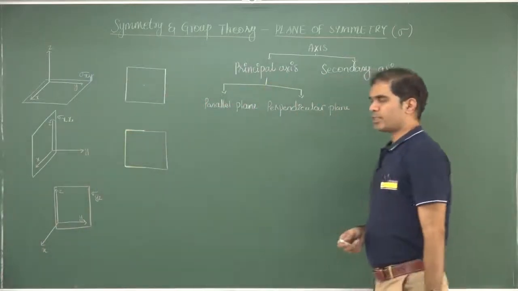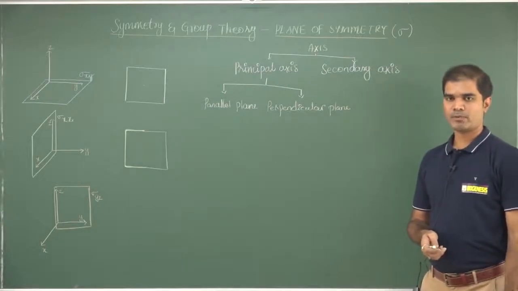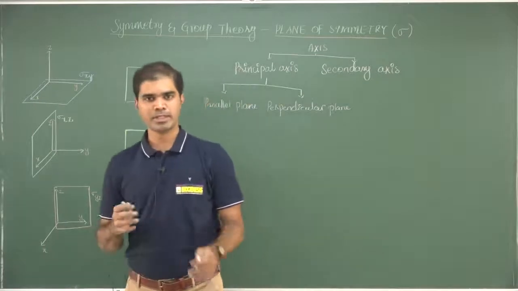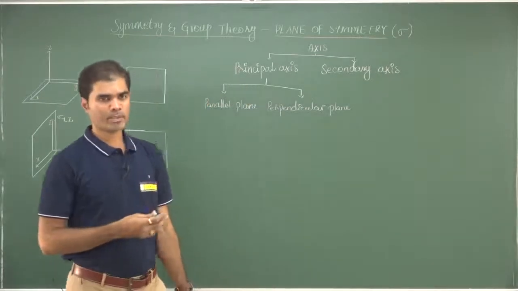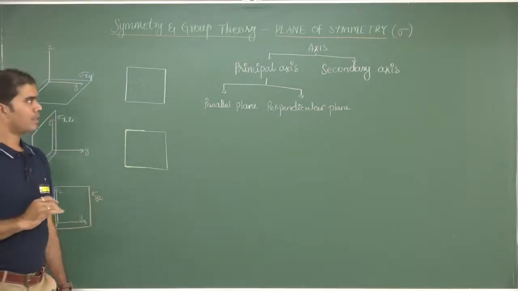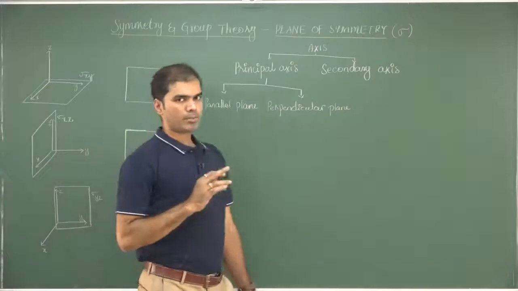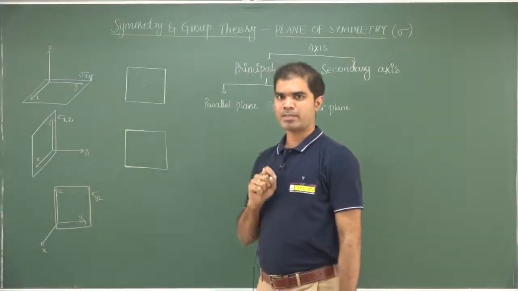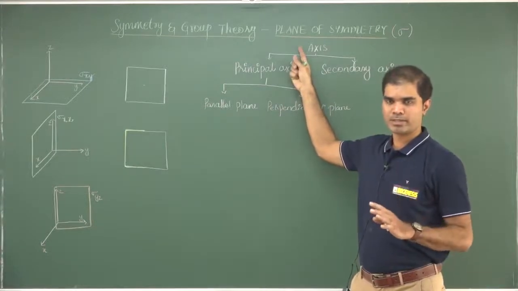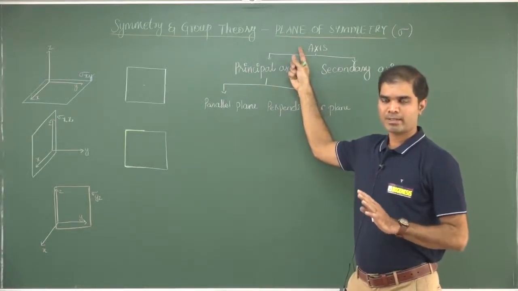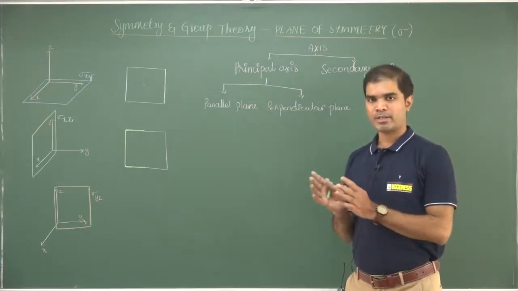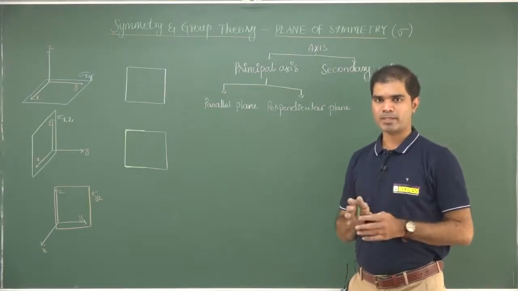Now coming to the definition, what exactly does a plane of symmetry or a reflection symmetry mean? There are different names to it. Some say it is a reflection symmetry, some say plane of symmetry, or they may give some other name, but understanding is just one and the same. By definition, a plane of symmetry is that imaginary symmetry element. I call it an imaginary symmetry element. Every symmetry element is imaginary. They are not real. They are unreal. You have to imagine it. Plane is also unreal. A mirror is a real one, but a plane is purely imaginary.